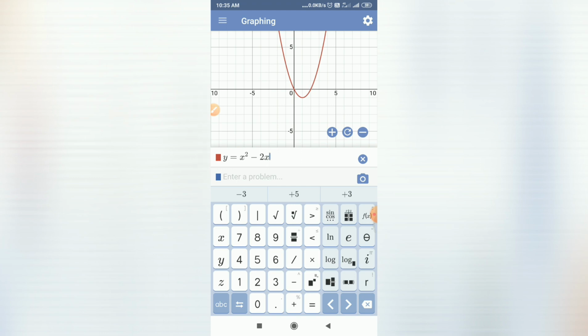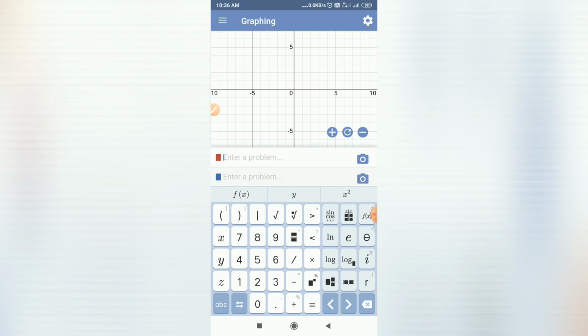If you want to use this opening square bracket, what you have to do is, beside this ABC button there is this two-arrows button. One arrow is towards the left side and one arrow is towards the right side. If you tap on this button, you can see now on the first button an opening square bracket is available. You can switch between symbols like this. You can see certain buttons with black rectangles or squares. What is the use of them?